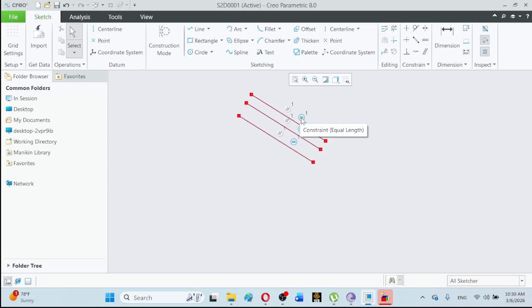The other is the equal length constraint, because as many times as the offset is applied, all lines will be of equal length. So 2 types of constraints are applied